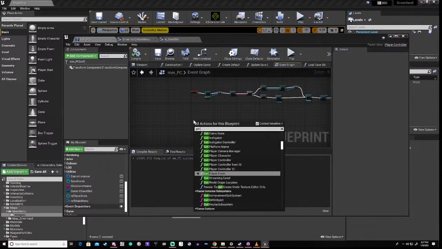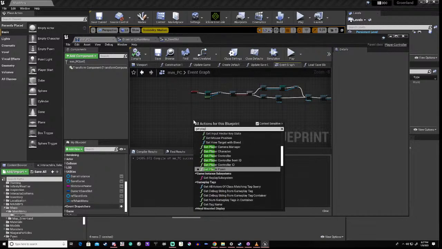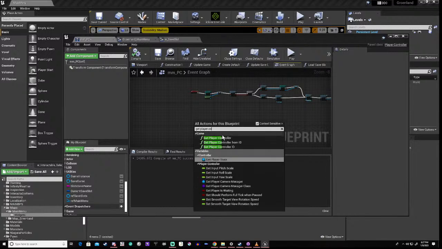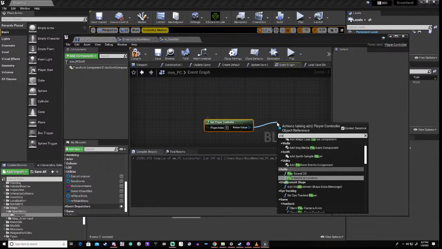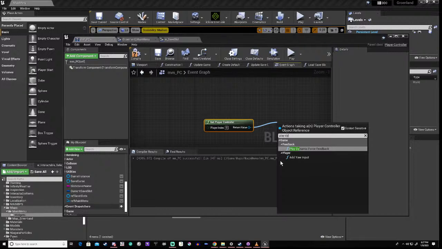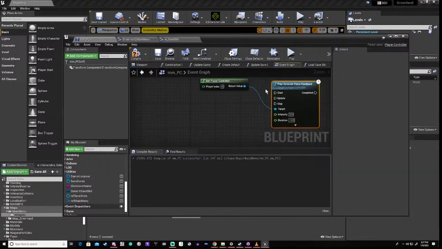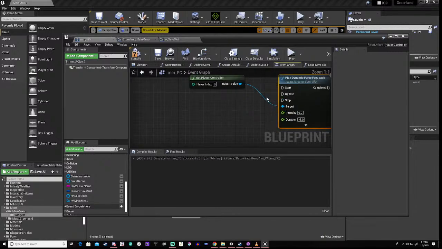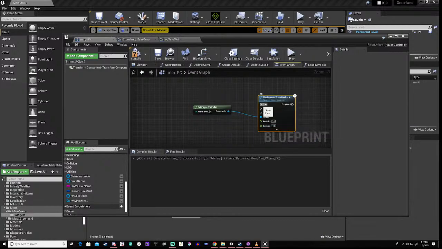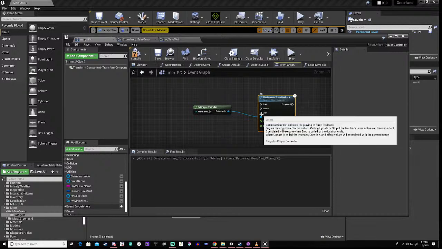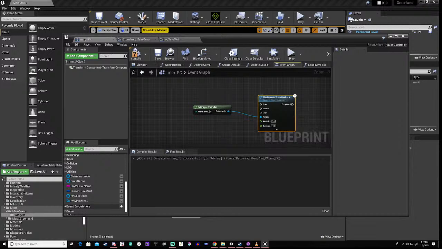So get player controller, and then this would be play dynamic force feedback. Okay, and there's your intensity and duration. Okay, so you would basically start it and stop it. So depending on how you wanted it to do it, in the actual game or in the menus,